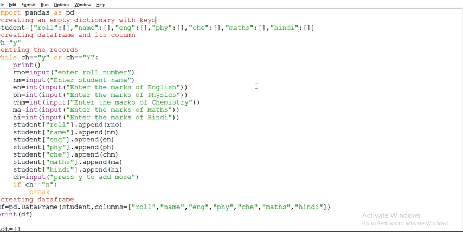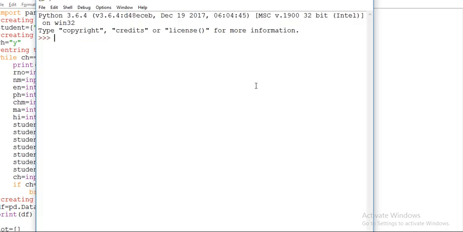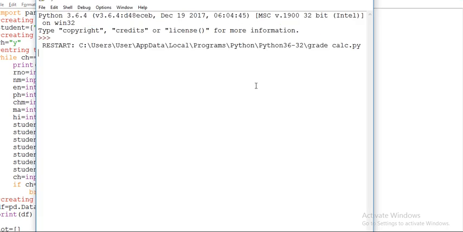This is the code here. Execute the program. Enter roll number 1, write here the name, then the marks.